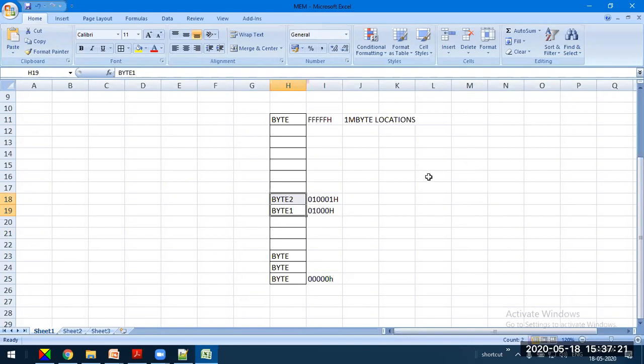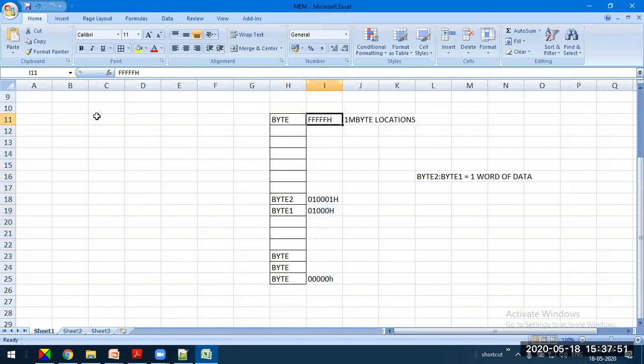So byte 2 and byte 1 together give one word of data. So one address always means only one byte of data, just like 8051, which can store only one byte of data, but the number of locations is very high.